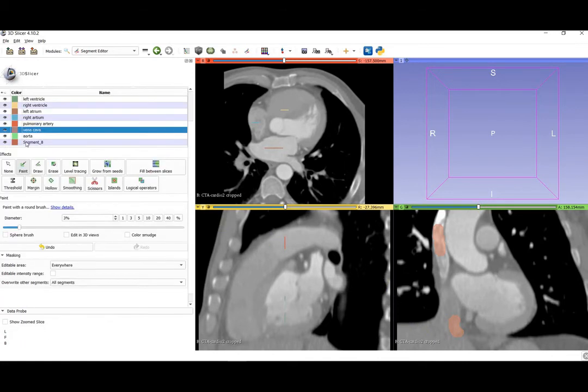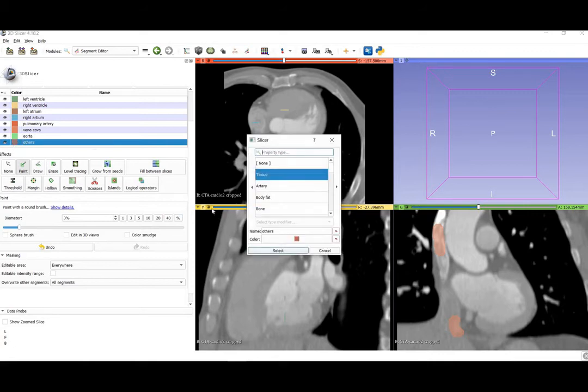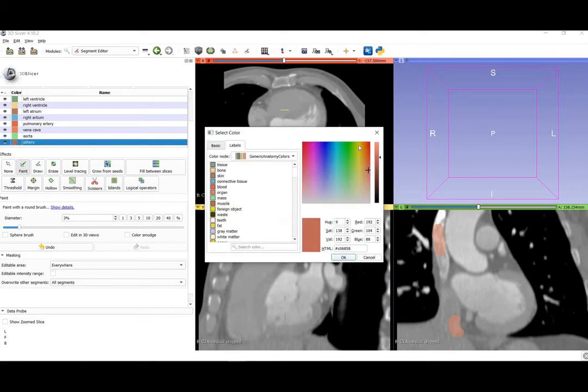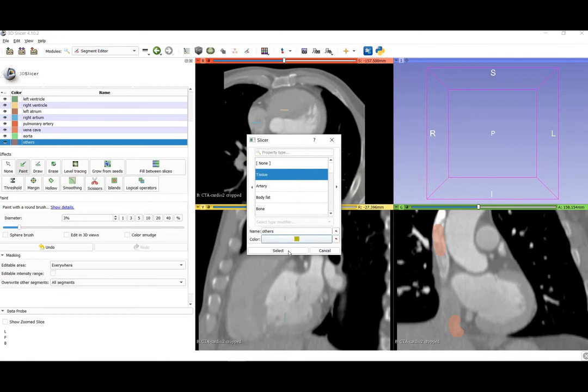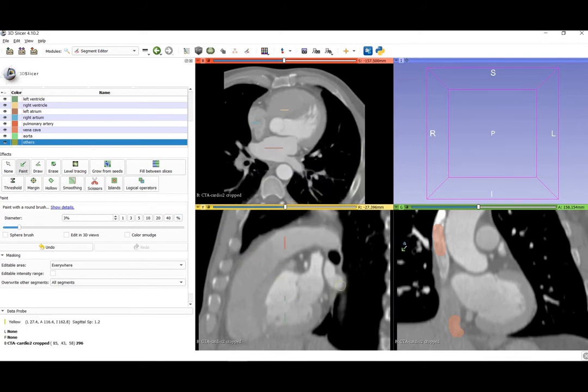Next we have to do the others also. This segment's name was changed; again change it to name it as others and change the color of this segment to yellow. We have to specify the tissues around the heart with this segment.